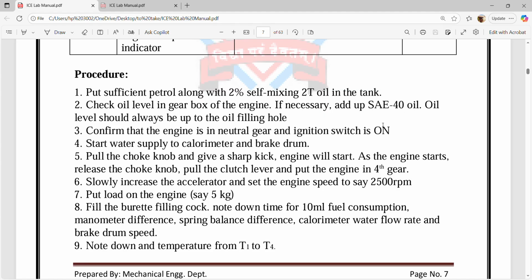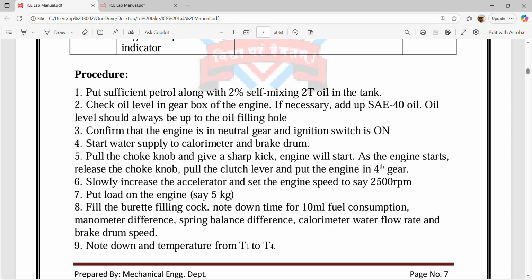Confirm that the engine is in neutral gear and ignition switch is on. Start water supply to calorimeter and brake drum. Pull the choke knob and give a sharp kick. Engine will start. As the engine starts, release the choke knob, pull the clutch lever and put the engine in the fourth gear. Slowly increase the accelerator and set the engine speed to say